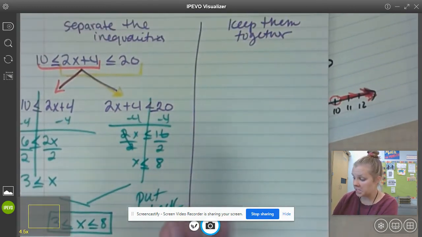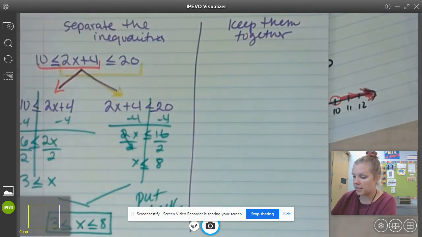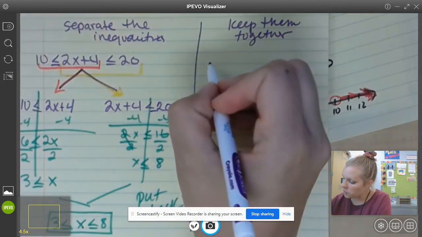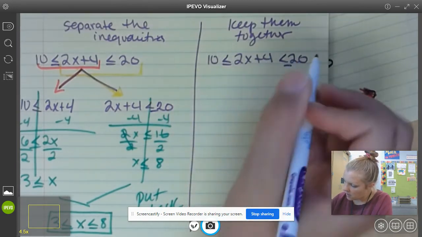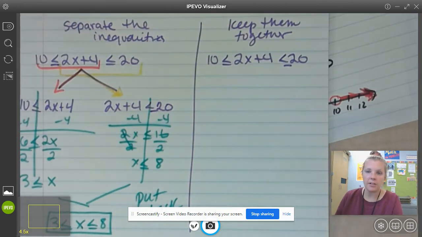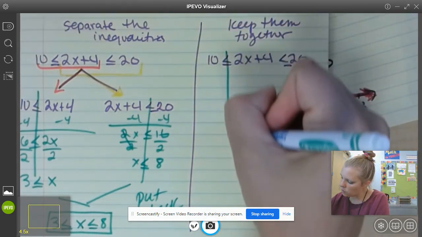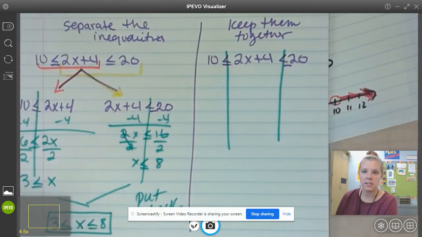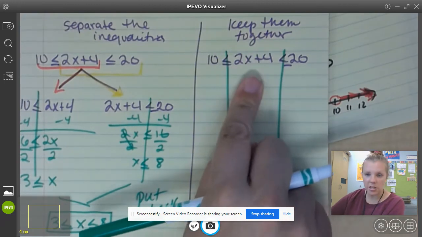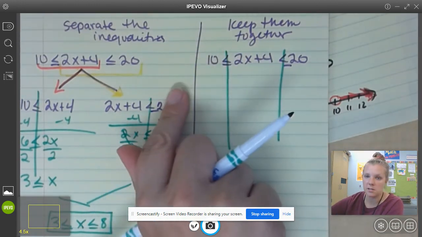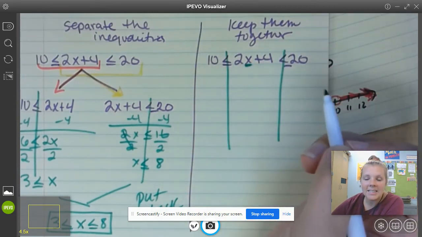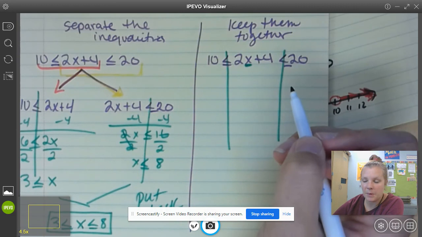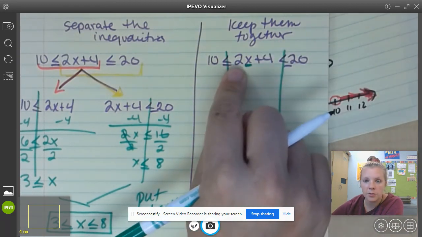The second way is just to keep them together, not to separate them, and just solve the two inequalities at the same time. This is a pretty fancy way. I like this way. So instead of having just one line, we're going to draw 2 lines through my inequalities, because I'm solving 2 equations at the same time. And so whatever I do to this section, I have to do to all 3 sections. When we're doing this, we have to keep our eye on the variable. My goal is to get this x by itself. To get that x by itself, I need to get rid of the 4 and the 2. We always get rid